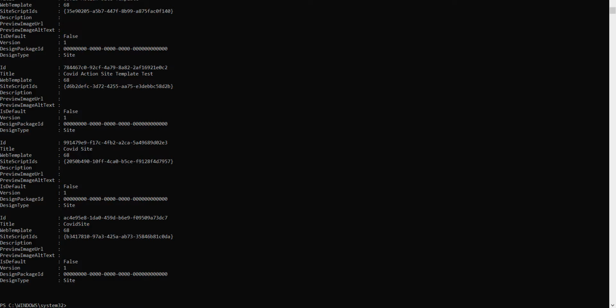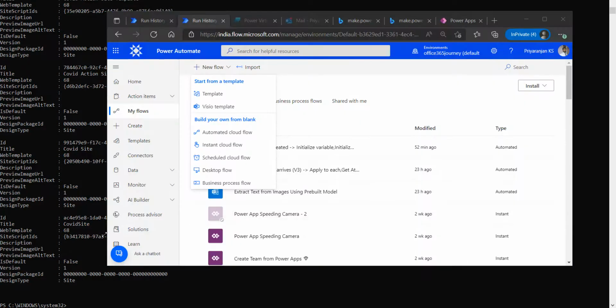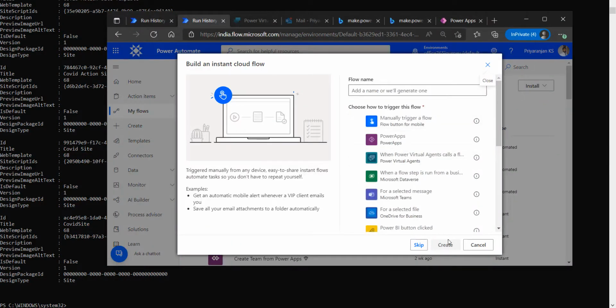However, there can be situations where we do not have access to PowerShell, but we will still want to apply the out-of-the-box or even the custom site design onto the SharePoint site. So we will see in this video how we can apply the site design using Power Automate. So let's head to Power Automate and create an instant cloud flow. And we'll just name it apply site design or site template